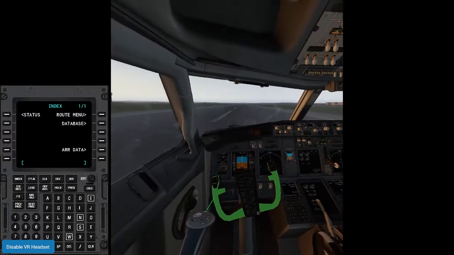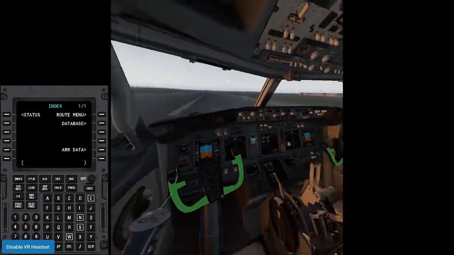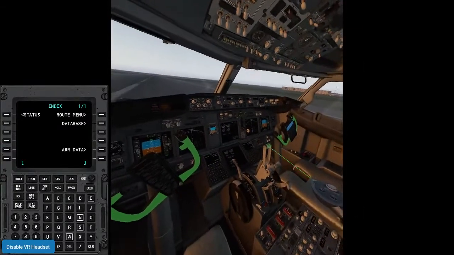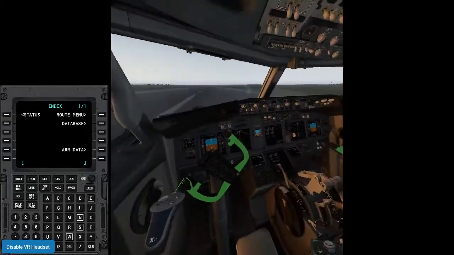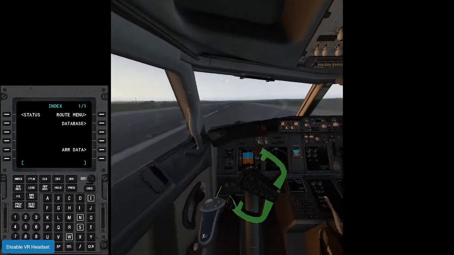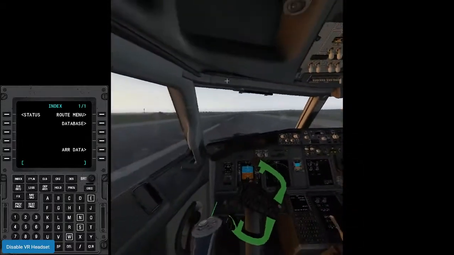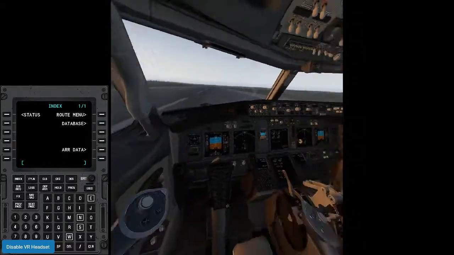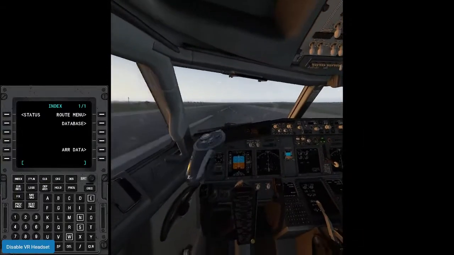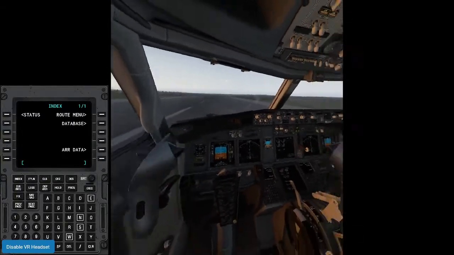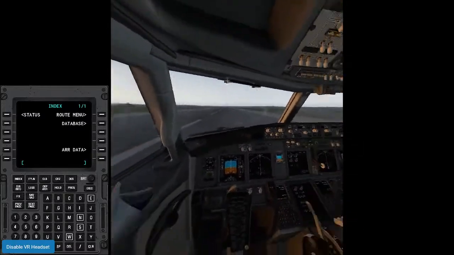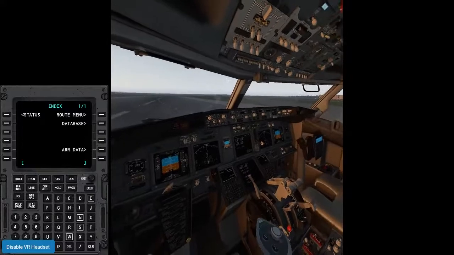I always have a hard time keeping the runway steady or straight on the center when I'm trying to do things like the reverse thrusters and stuff. Alright, so we can go ahead and put the parking brake on. So there we go, we're down. In reality, I would just have to reach out and pull it. I wouldn't really even have to take my eyes off the runway. But in VR, I have to actually click on it and point to it and everything. So it's a little bit more